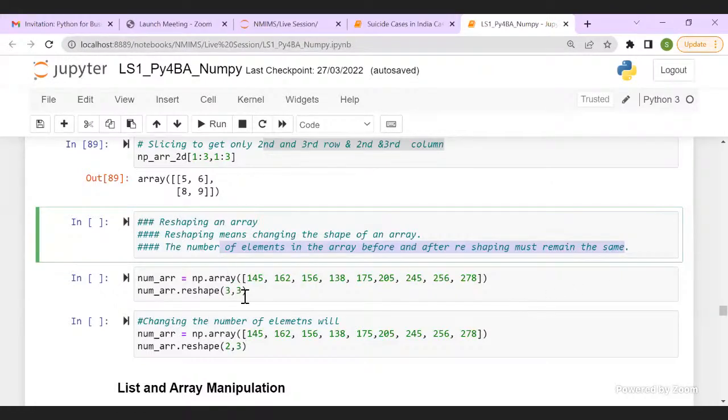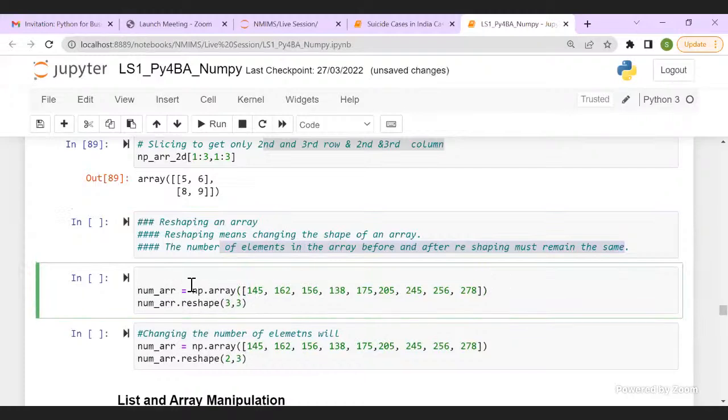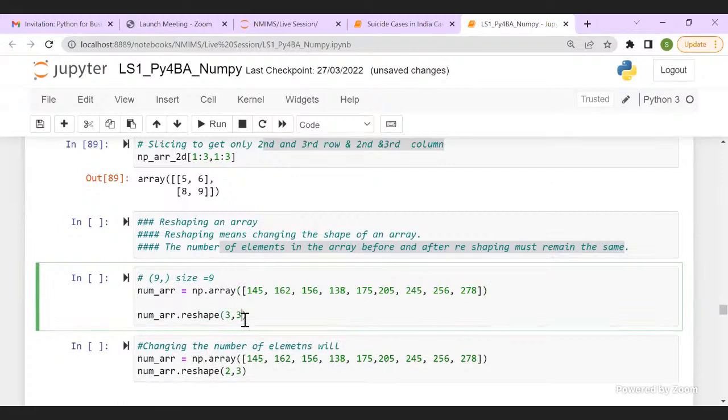Say here I have an array of shape 9, so a 1D array of shape 9. The size of this array would be 9. When I try to reshape it, I can reshape to a shape where the size remains intact.